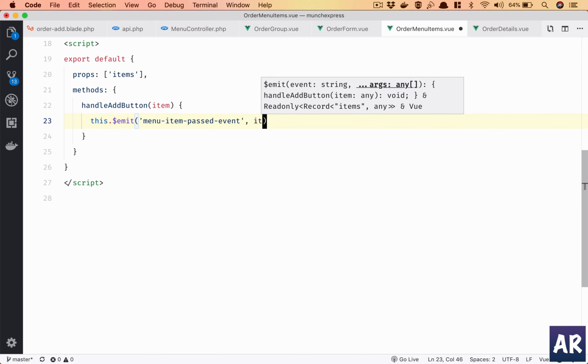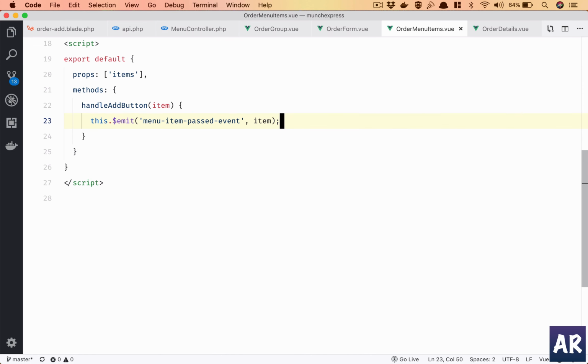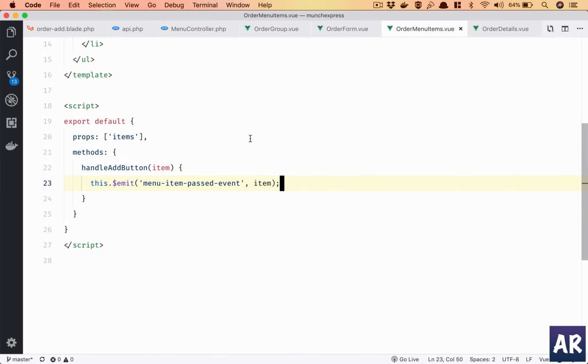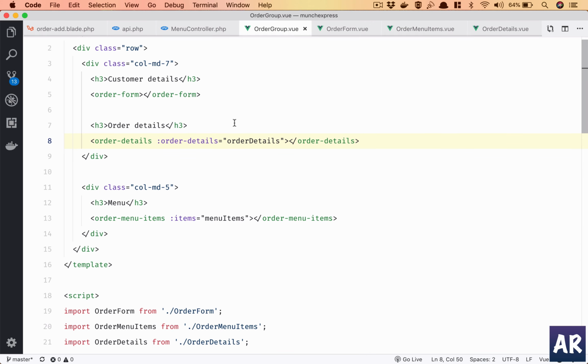Be as explicit as possible with your events. Otherwise, if you take shortcuts, I think that can be very difficult to handle later on. So menu item added, that should be a little more clear. Now this is an event which will be passed from the menu item, and so